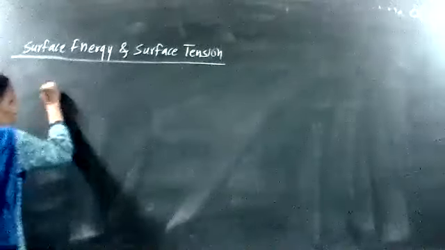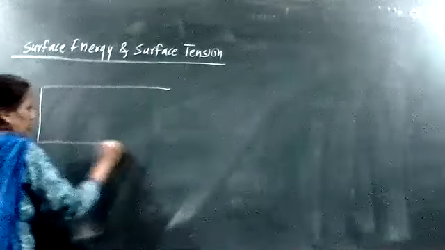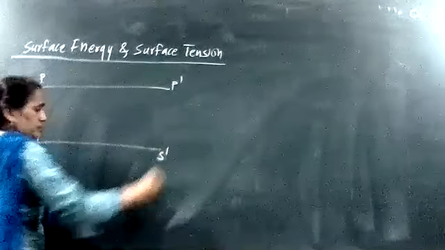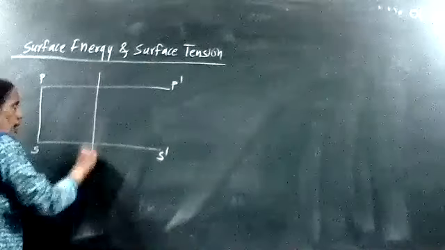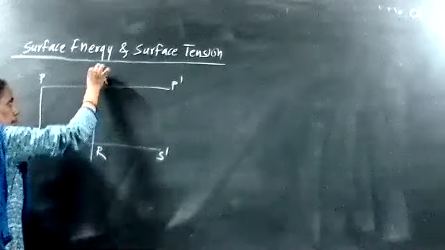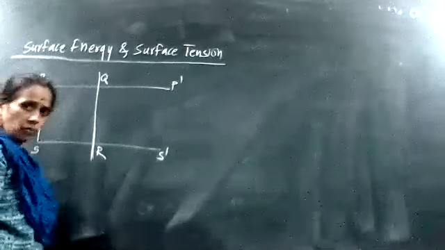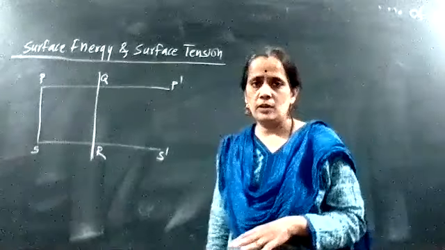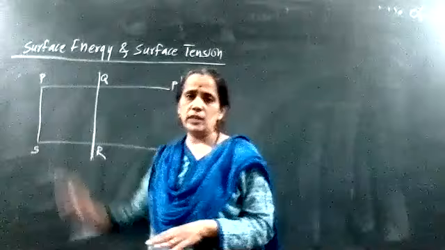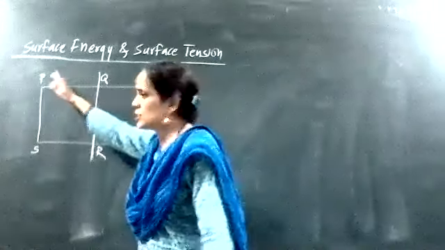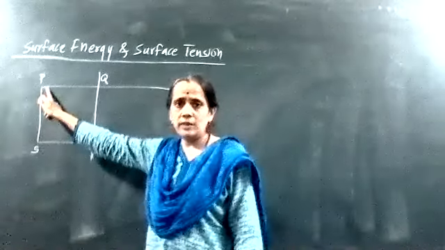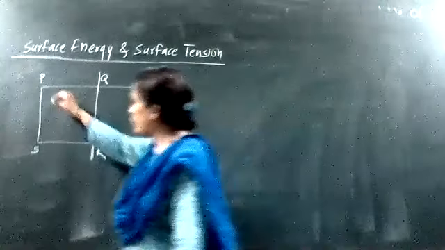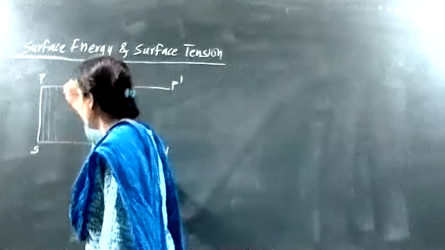For that purpose, I will take a rectangular frame P'PSS', and here is QR, a movable wire. Now I will dip this rectangular frame in the soap solution. Whenever I dip this rectangular frame inside the soap solution, a soap film is formed over the rectangular wire PQRS. So this soap film will be formed here, and this soap film